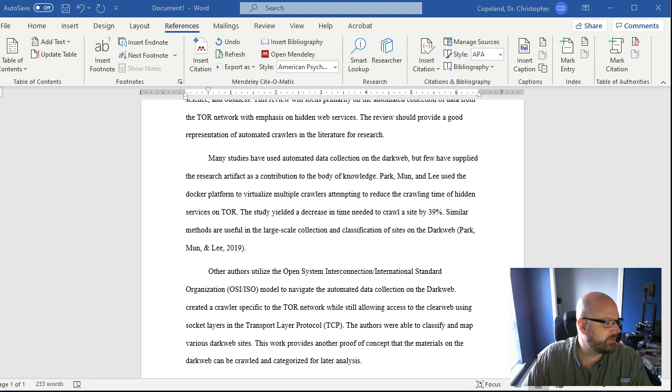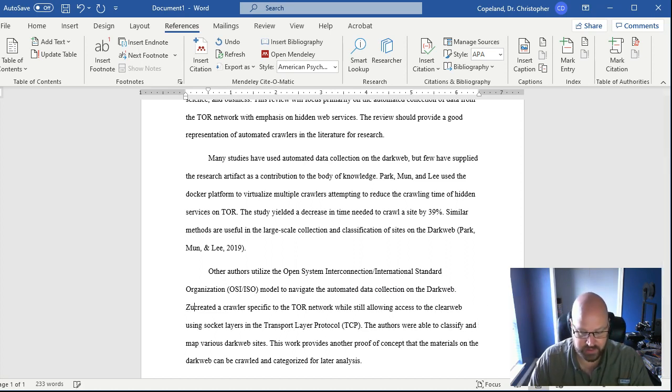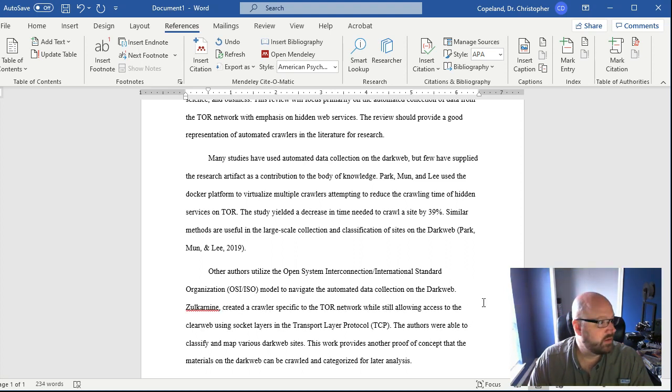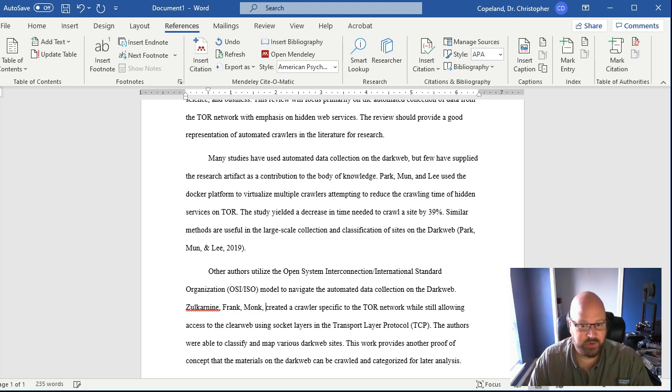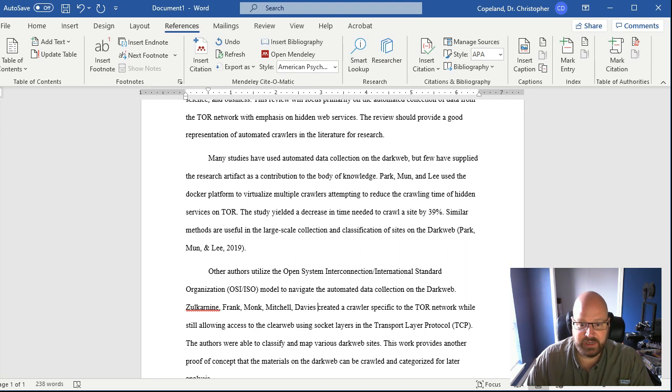Now, I'm going to grab this other article here, and this is a lot of authors, and I'm going to mess this up. But here we go. It's Zulkarnain, Frank, that's his last name, Monk, Mitchell, one L or two L's on Mitchell, Davies, and I should say Ann Davies,